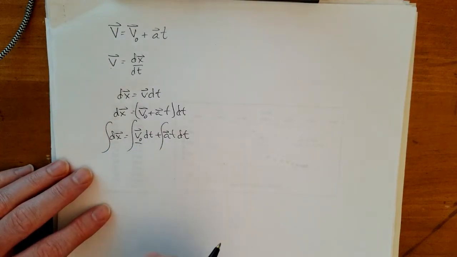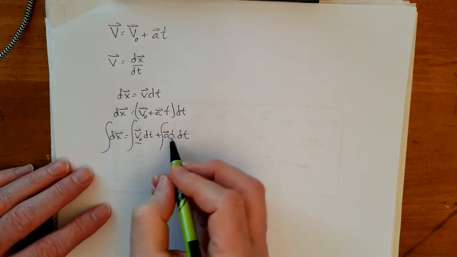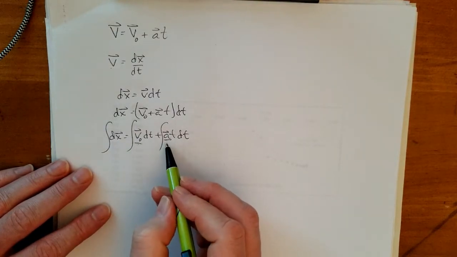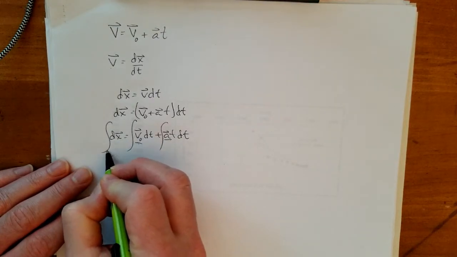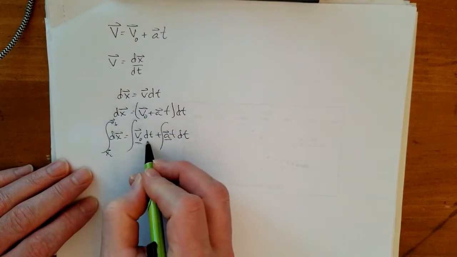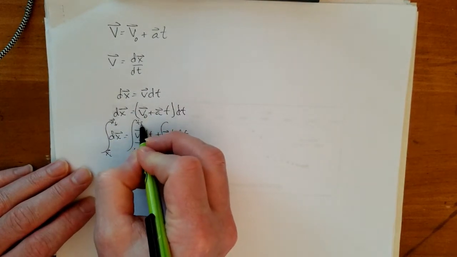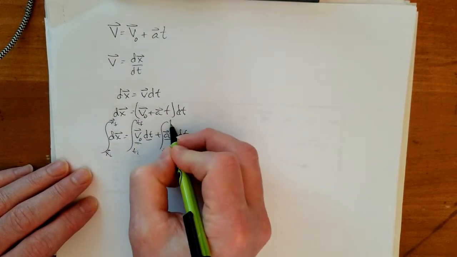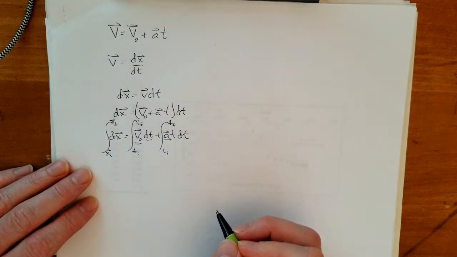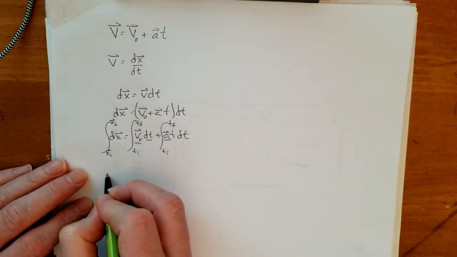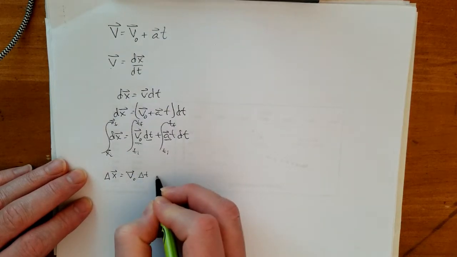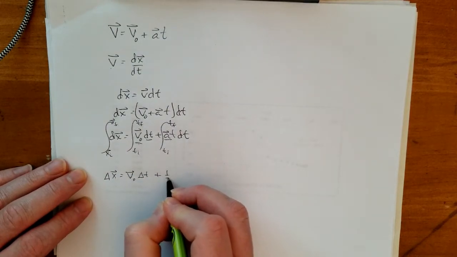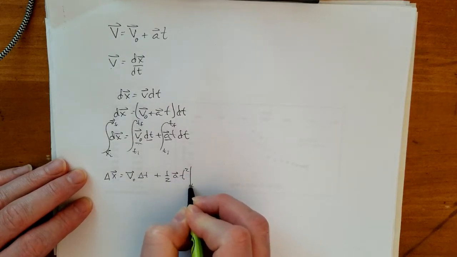Now, this is the initial velocity. This is a boundary condition. It is constant, so it is going to factor out. Acceleration is constant because these are constant acceleration formulas. This is one of the premises. And so I'm taking it from some initial position to a final position. I have time from some initial time to some final time, and then this from initial time to final time. And so we end up with the change in position is equal to v naught times the change in time plus 1/2 at squared from some initial time to some final